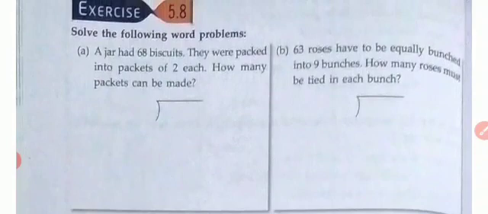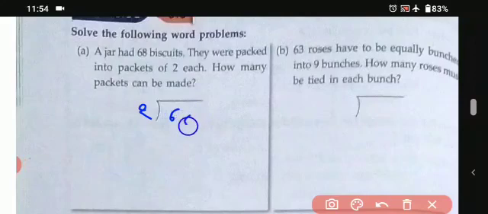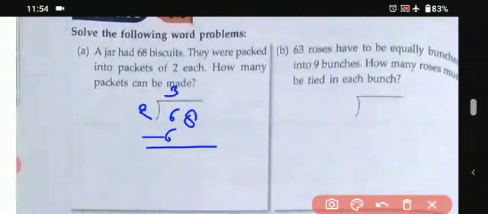So we have to divide it, like 2 into 68. Okay, so this is how we have to divide it. So that means 2, how many times? Yes, students, 3 times. 2 3s are 6. So nothing will come. 6 minus 6, that means 0. So 8 will come down as it is.